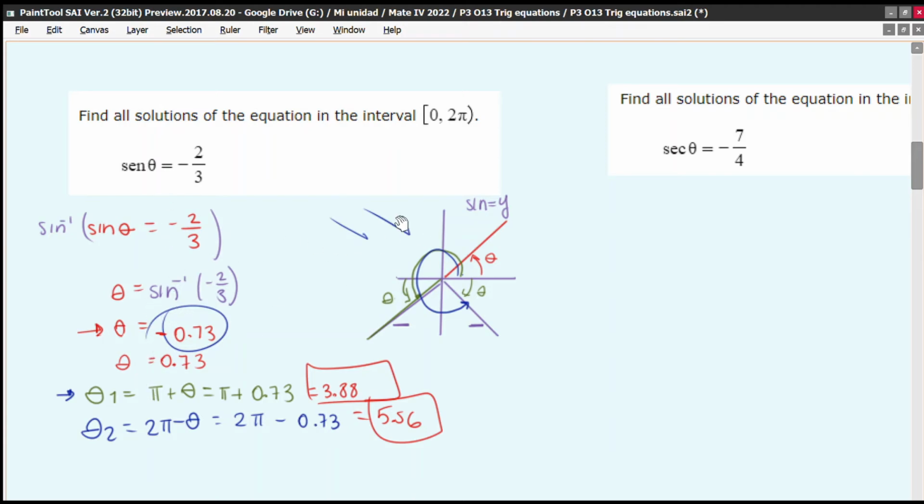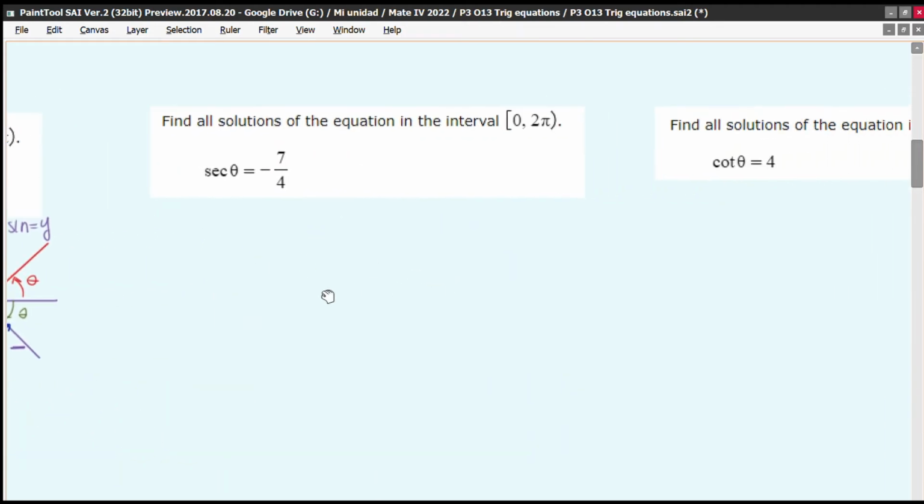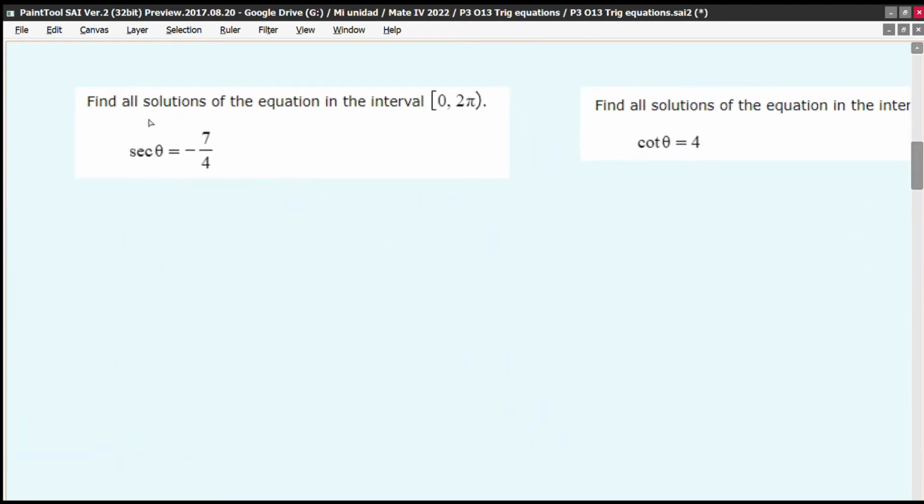Let's do another example with negative values right here. So again, I have a secant of minus 7/4. So the first thing I have to notice is this is in secant, and I know calculators don't have the reciprocal functions. So I'm going to rewrite it in terms of cosine. Why in terms of cosine? Because I know that